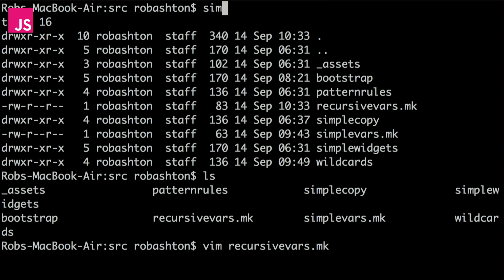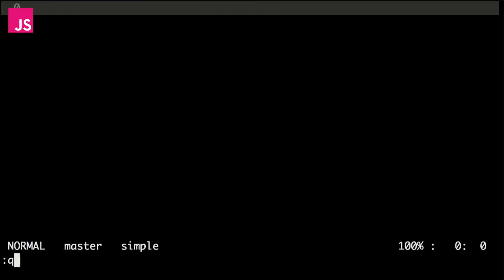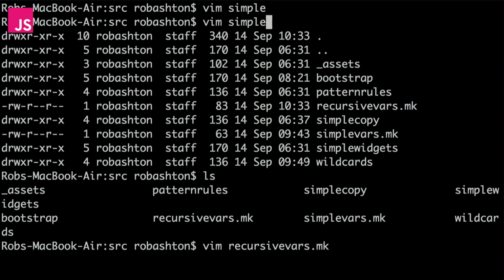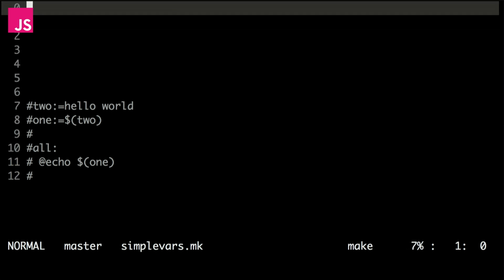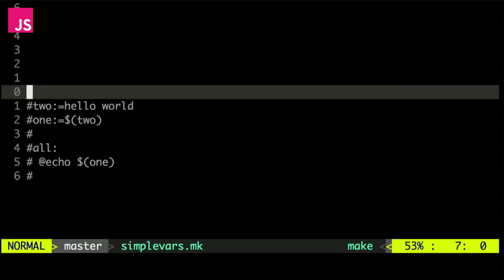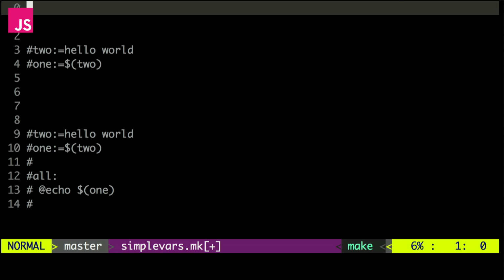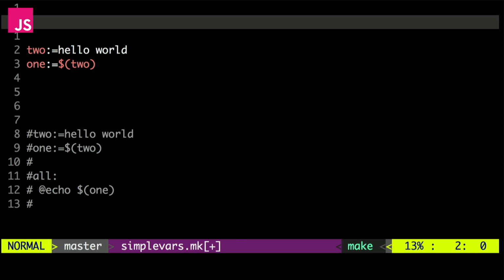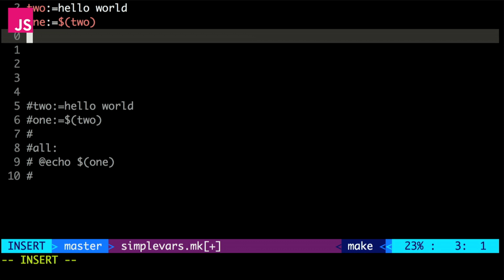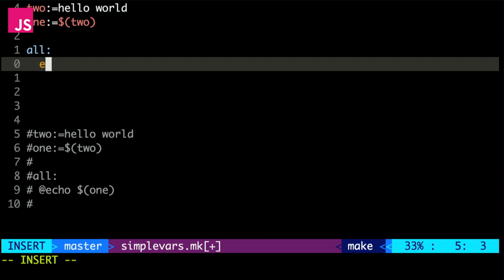Forget everything I just said. So if I go into simple vars over here, you also have these ones, and we have a semicolon in there instead. These are actually evaluated at the point of time, which means in my all over here, if I echo out the value of 1,